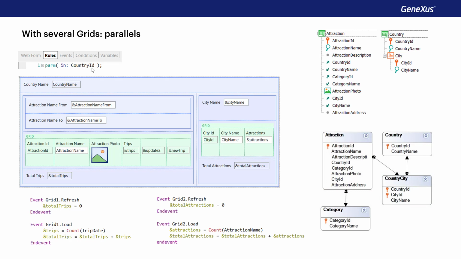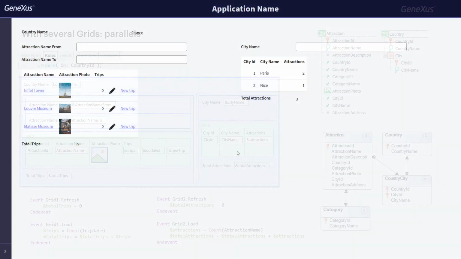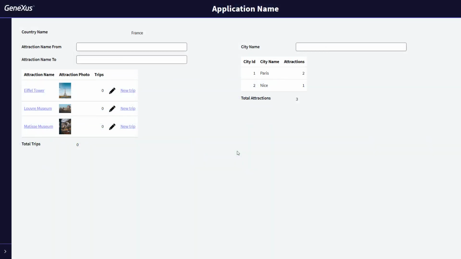However, you could think that, since both tables are related in the database, note that, in fact, country city is part of the extended table of attraction, so for each attraction loaded on this grid, there will be an associated record in this table. Or, considering it the other way around, for each city loaded in this other one, there will be n related attractions. As mentioned, you could think that this relation will have an effect on what's loaded into the grids, but it will actually not. Genexus will not define any implied relation between them.